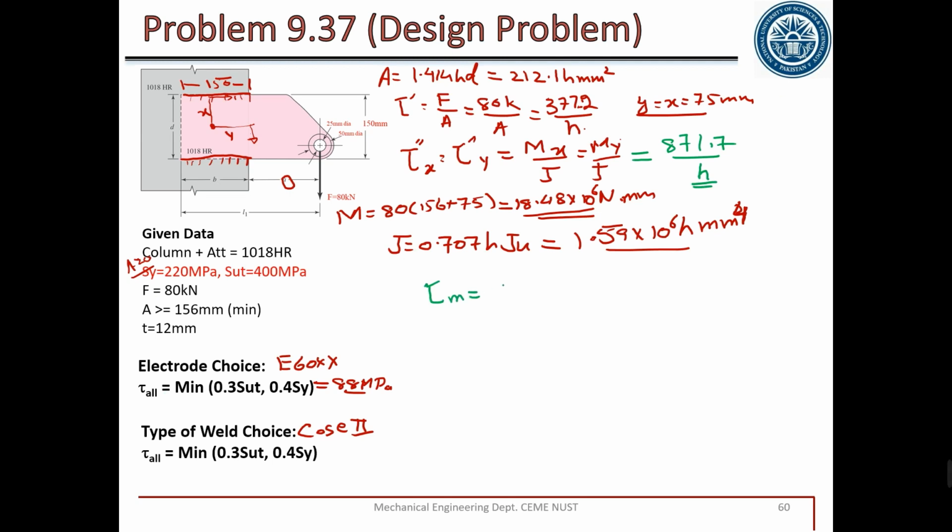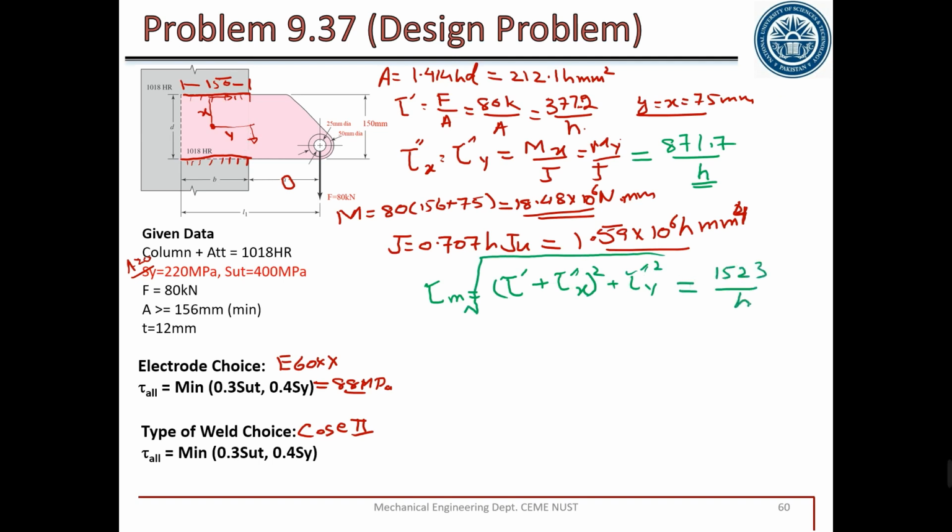Tau max is equal to the square root of tau prime plus tau double prime x, whole square, plus tau double prime y square. All values are a function of h, so we'll get a value equal to